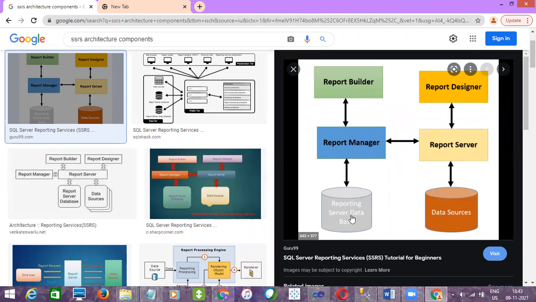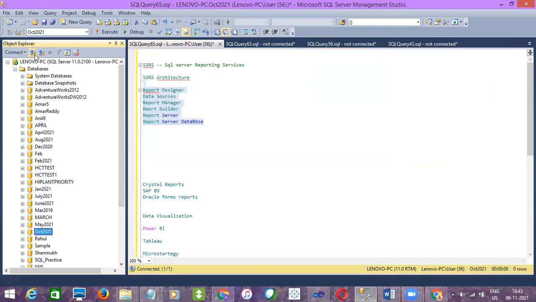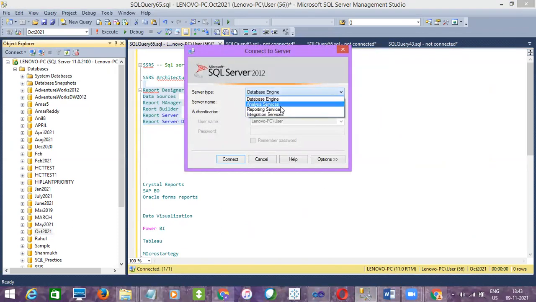And then the report server database is nothing but, see, whatever you are creating here in the Visual Studio, there will be backend data stored for all these navigations. Like you will be giving access, creating roles, as I told, right? So for that, the backend has to store data. That is nothing but the reporting server databases. So for that, you just need to connect to the SQL Server Reporting Services here, right? We don't have access here, but in real time, you need to connect to the reporting services option. They'll give you the server name, right?